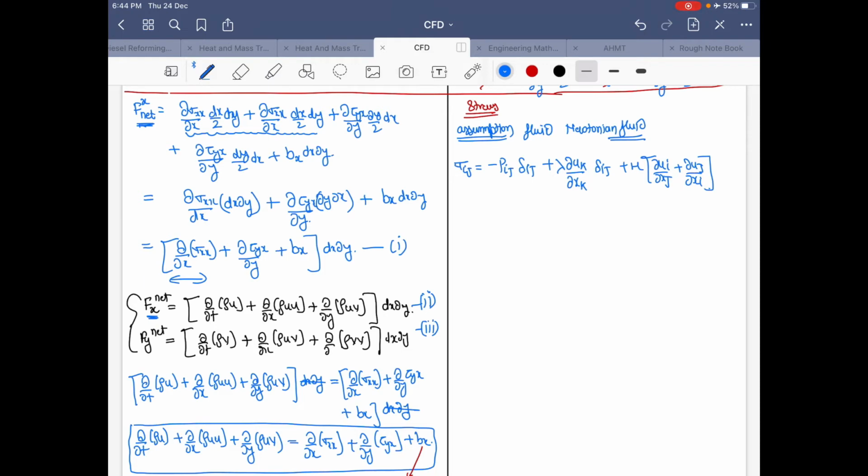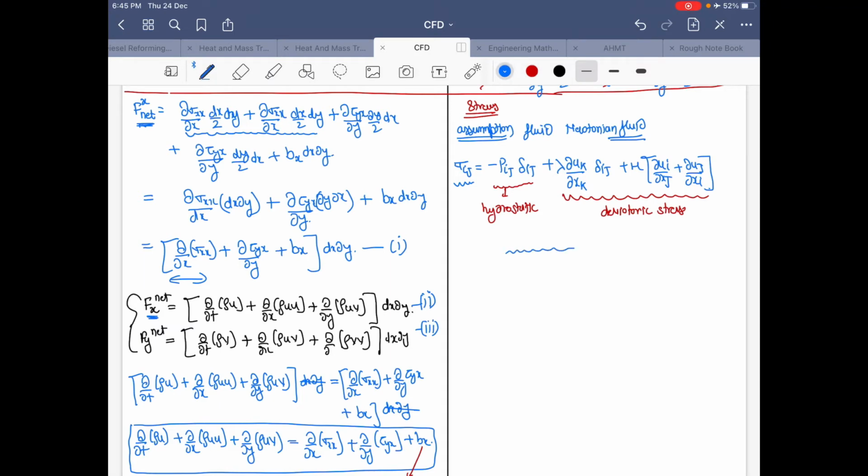So this is the total stress that is acting on the body. The first part of this stress is called the hydrostatic component of stress, and this component is known as the deviatoric component of stress. So stress is divided into two parts, hydrostatic and deviatoric stress. So first I will talk about deviatoric stress.